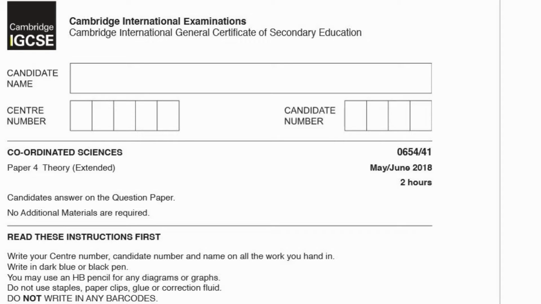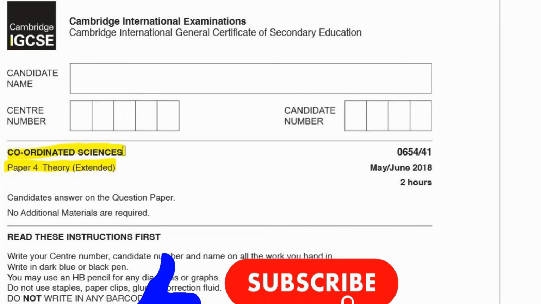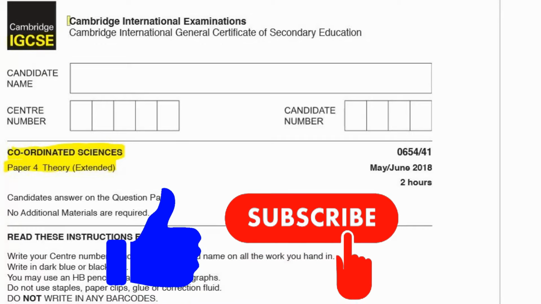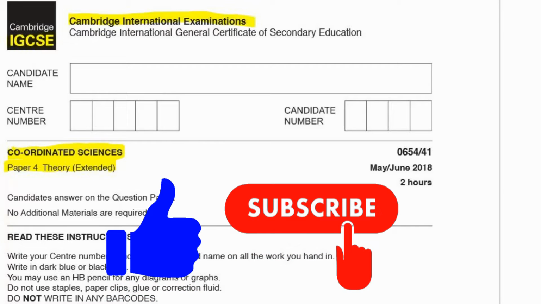All right, so today we're going to do paper 4, which is the theory extended option. This is for coordinated sciences, which is a double award. That's IGCSE, and that's Cambridge International Examinations, so the CIE. This is May-June 2018, and this is variant 1,